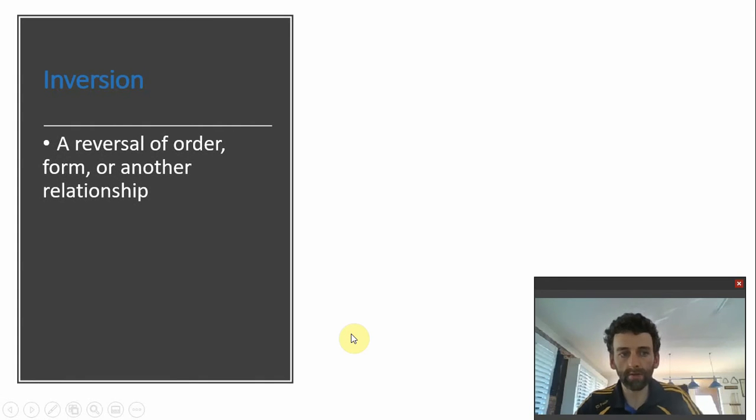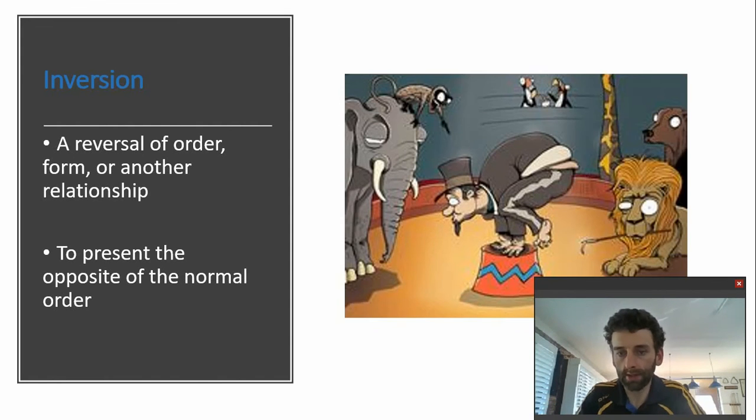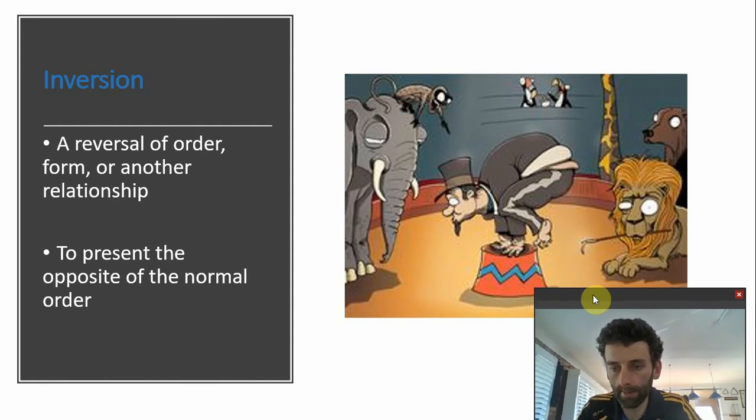Inversion. Inversion is a reversal of order, form, or another relationship. So it's the reversal when one thing is the opposite of what it should be, to present the opposite of the normal order. So it's something that we see where we're like, that's not quite right, it should be the other way around. So here we have a cartoon of a